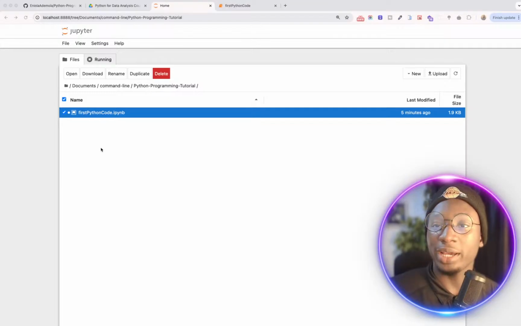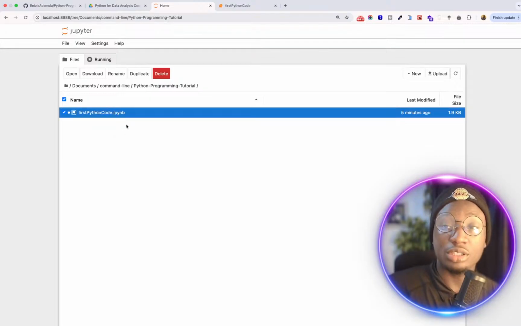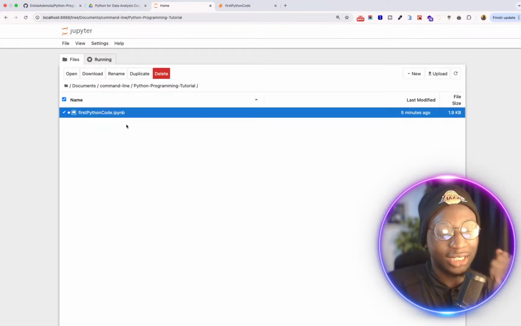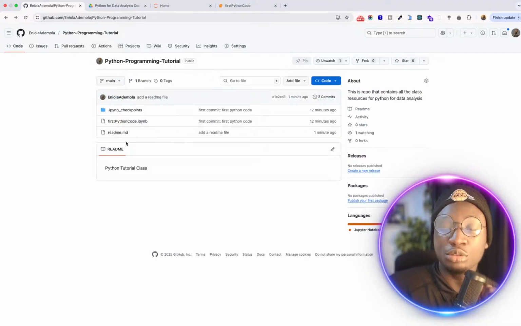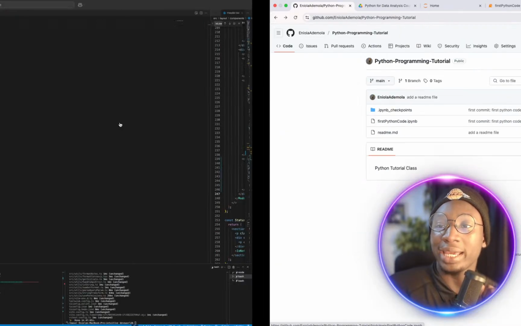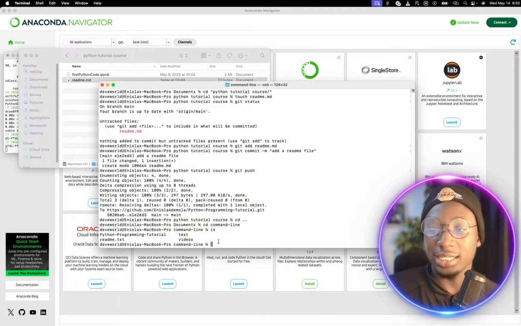All right, so if I come back here right now, command line, then Python tutorial, you can see that we don't have that readme here because I've not yet pulled the changes that I made on my GitHub. So now what I can do is come back to my command line, and all I have to do is go to my